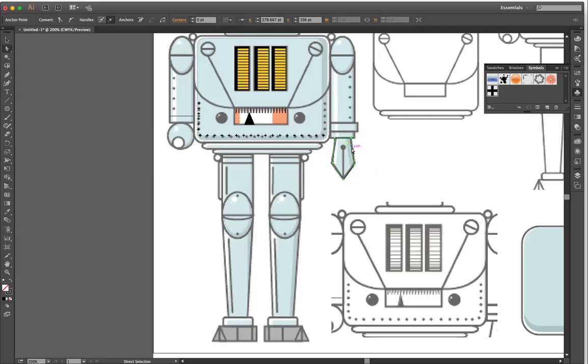Nudge that one up in here. I think I like it a lot. So these are just shapes that are created